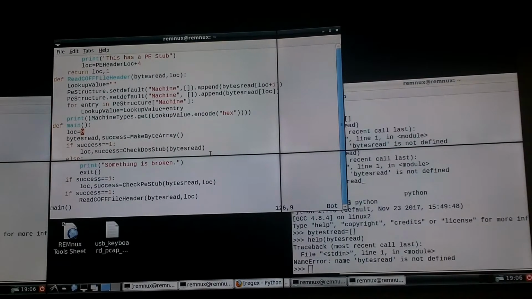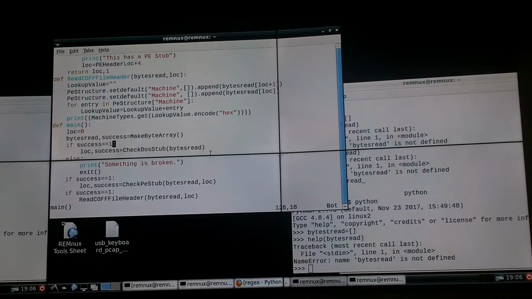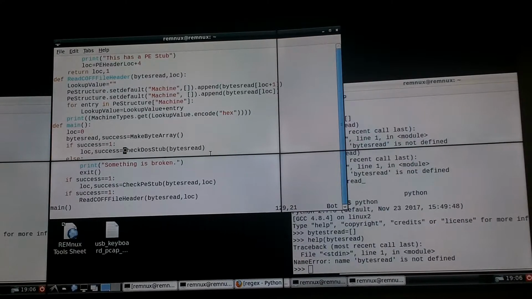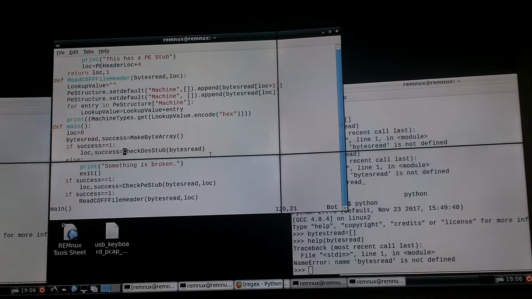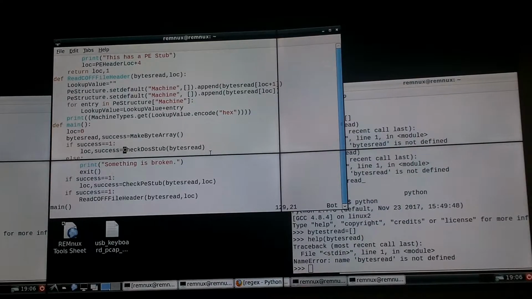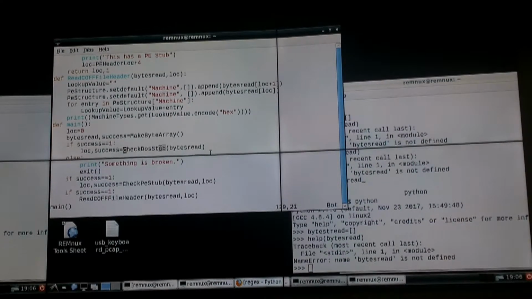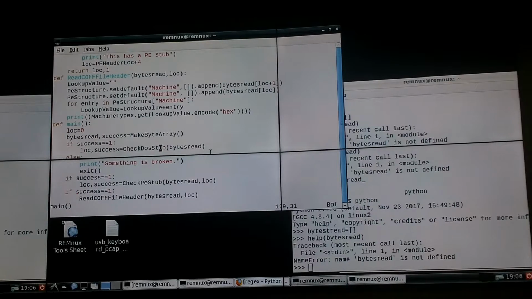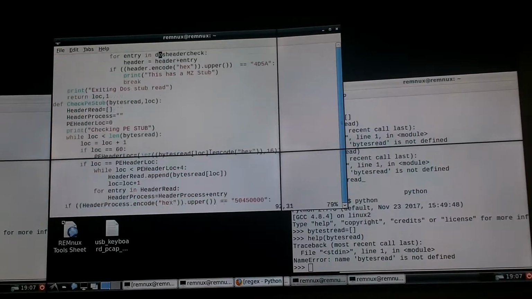Again, going back to the function called main, once we have that result, we're able to then pass it to another function called check.DOS_stub. We'll probably stop here. Effectively, I'm passing a list to this function to see if the DOS stub exists. The DOS stub is MZ. So if we go back up to that particular function call,